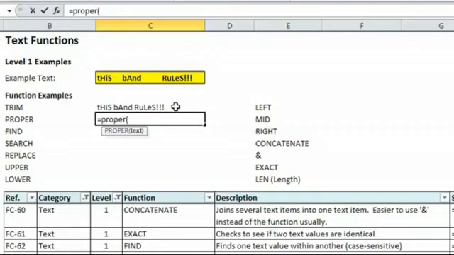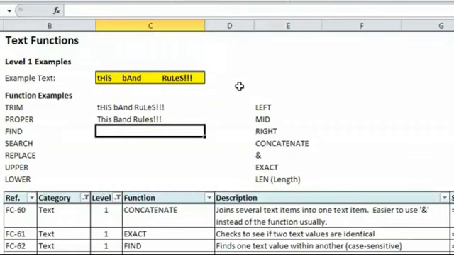And you could embed these formulas within each other, but for now I'll just show you them separate. So all I typed in, you'll see here, is equals proper and the reference, and it changed it to exactly what I want, which is everything with a first capitalized letter and then the rest is all lowercase. So we've already taken the text from the yellow area and we've made it much cleaner just using two very